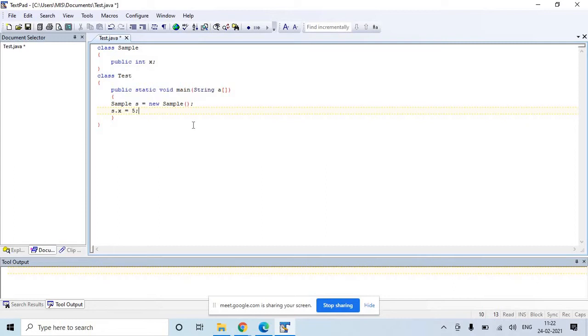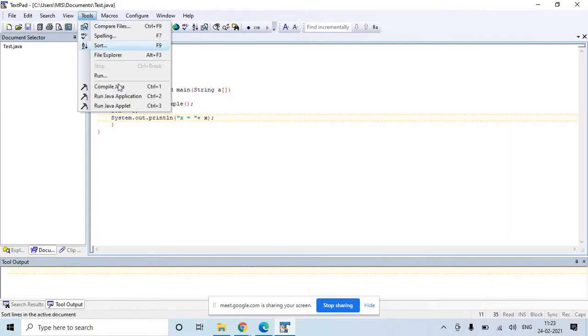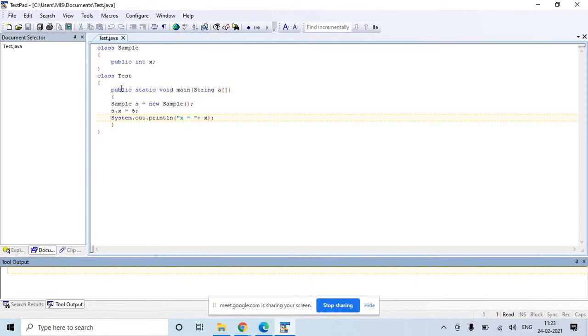If I assign s.x is equal to 5 and try to print it, how will I print? System.out.println("x is equal to " + s.x). I can print it like this. I will go to tools and compile the program. What is the error?